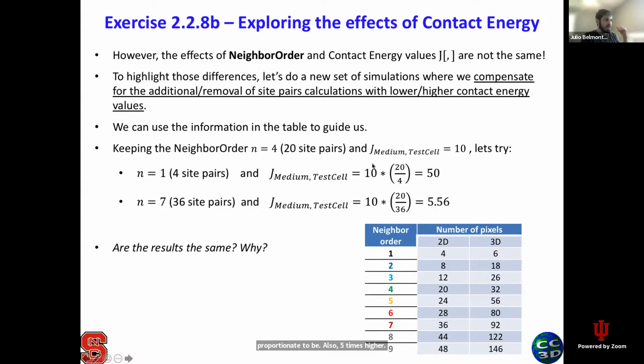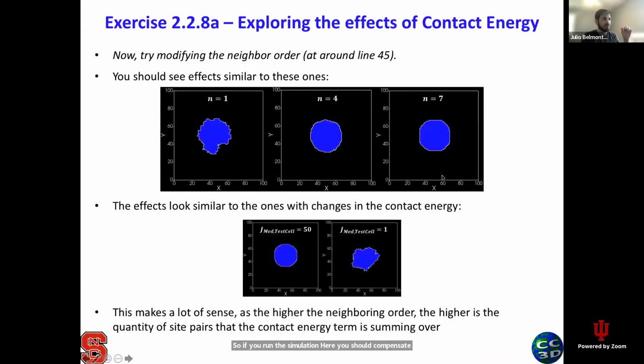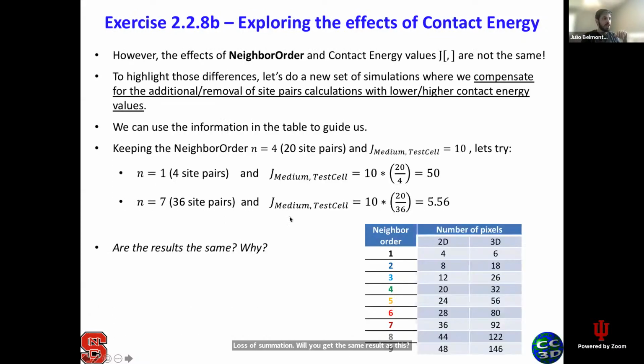So if you run the simulation here, you should compensate and get the same result as before. Before you had this result, so if you now increase the energy that this cell has with the medium to compensate the loss of summation, will you get the same result as this or not? The other thing you can do is compensate the additional lattice site summation that you have when